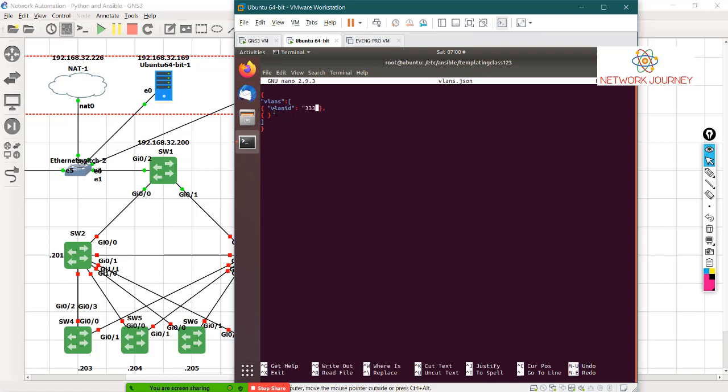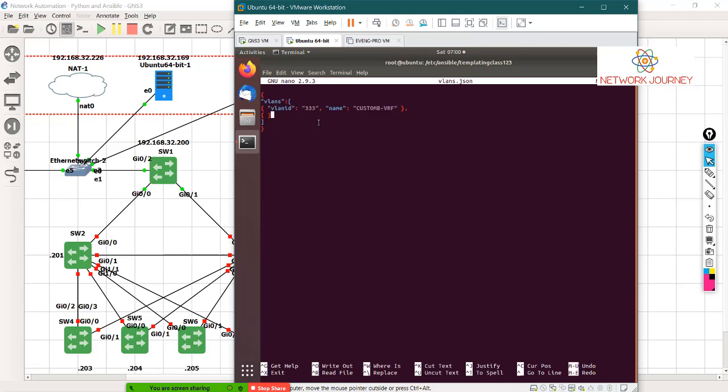Go with any VLAN. So let's say we have VLAN 333 for the new upcoming data center. Now change the name as per your need. So let's say it's for customer B VRF. So this is the pattern. You can just copy paste and just change the values.